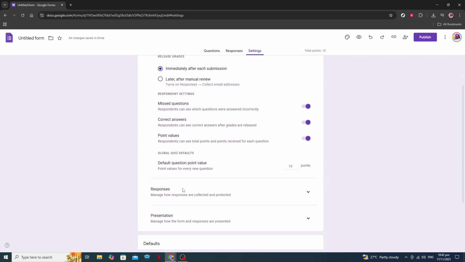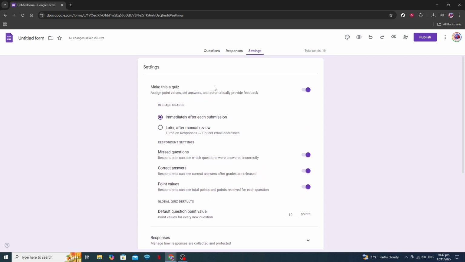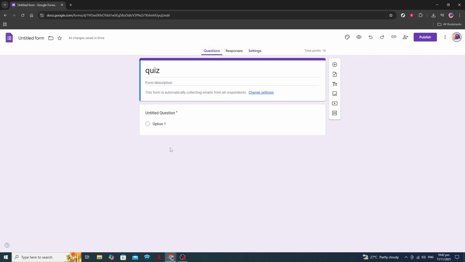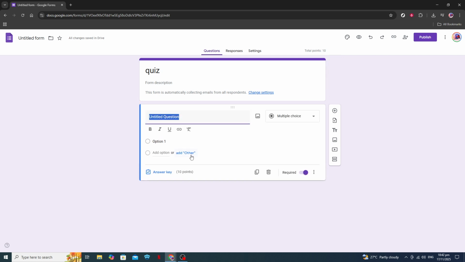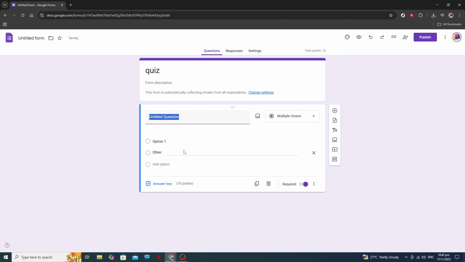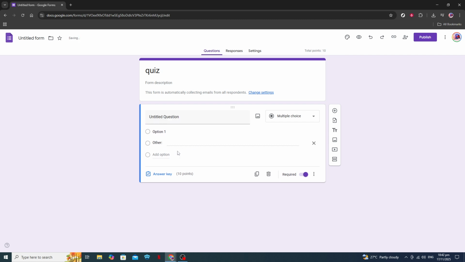Next, go to one of your multiple choice questions, or add a new one if necessary. You'll see at the bottom of each question there's an answer key button. Click on this, and you'll find options to assign points to that question and, importantly, add feedback for both incorrect and correct answers. When you select Add Answer Feedback, a window will pop up providing spaces for you to personalize